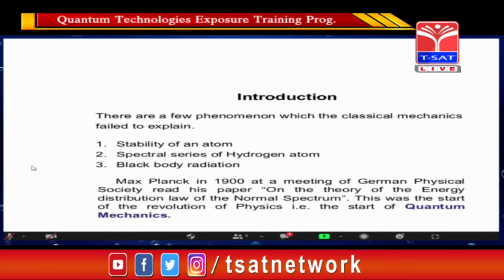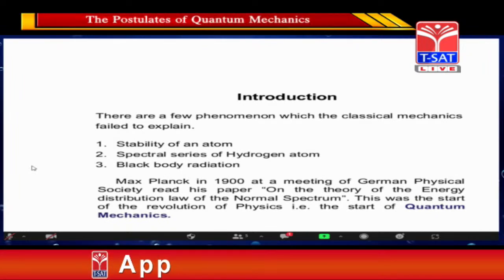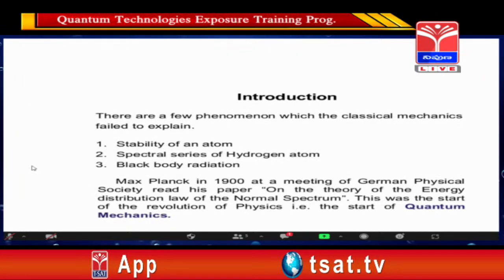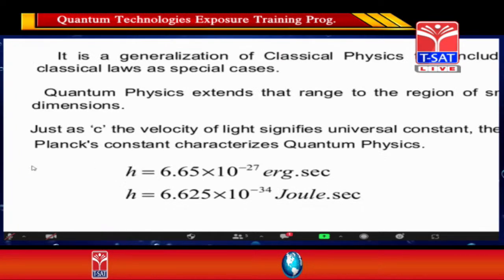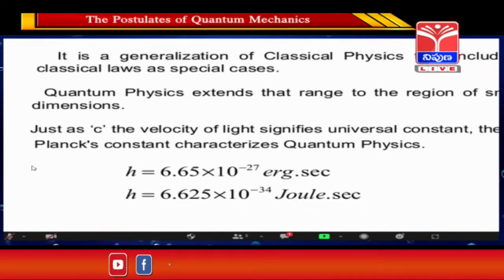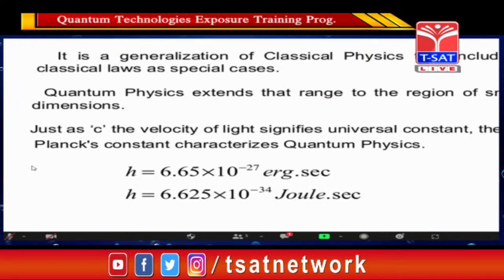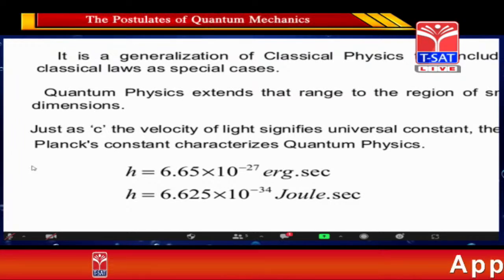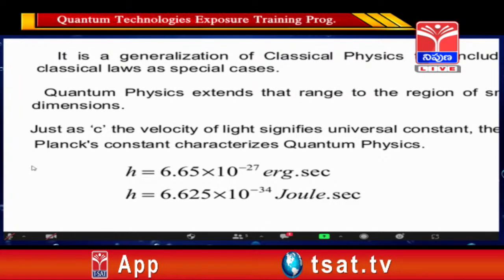We say that Max Planck, who gave the energy quantization rule, marks the start of quantum mechanics or quantum theory. In one way we can say that it is a generalization of classical physics that includes classical laws as a special case. Quantum physics extends the range to the region of small dimension,